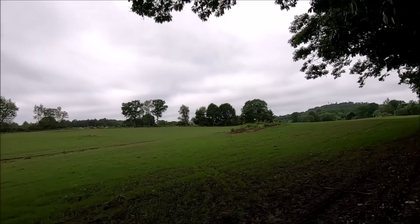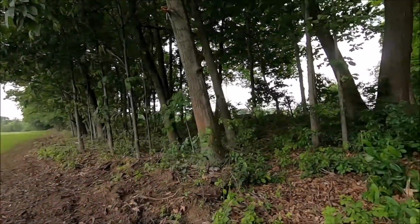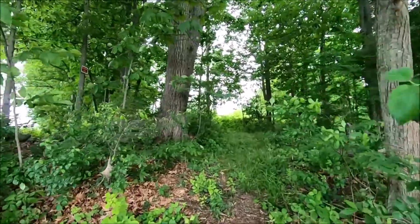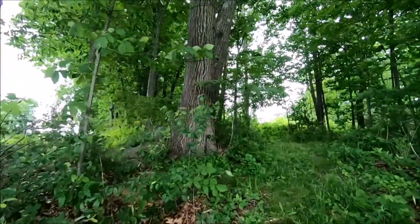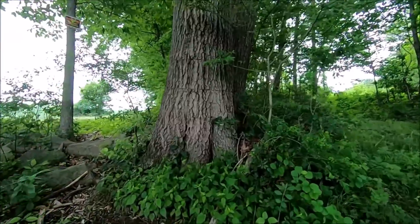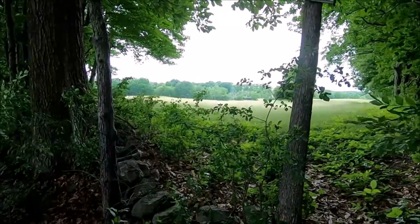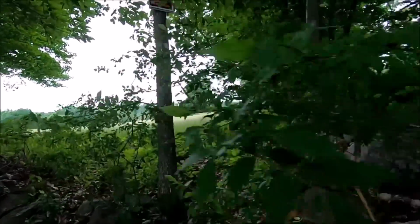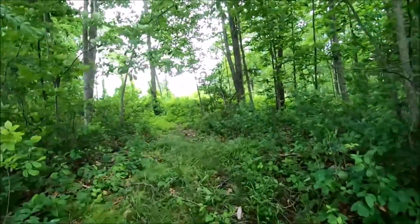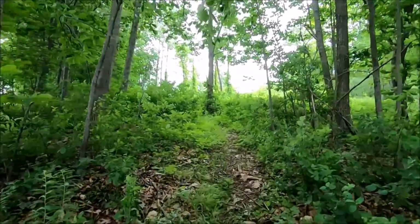So, Garrison Hill. And as we turn around here and go into here, we've got the nut trees going down there. And of course we get the field on that side, and over on this side we've got